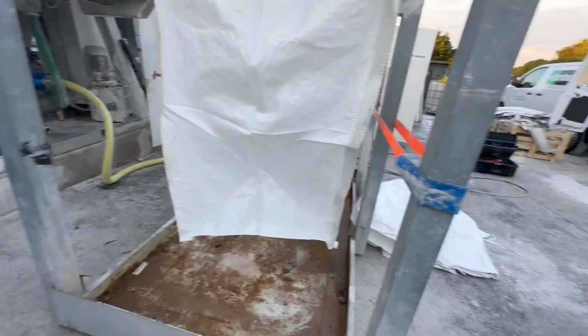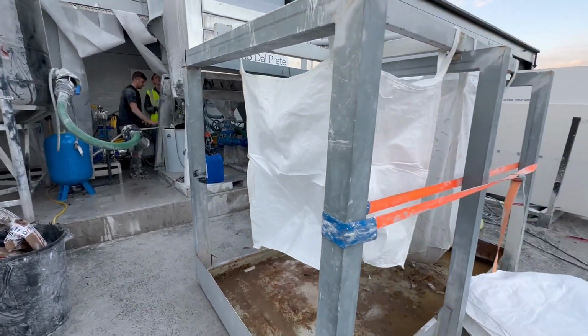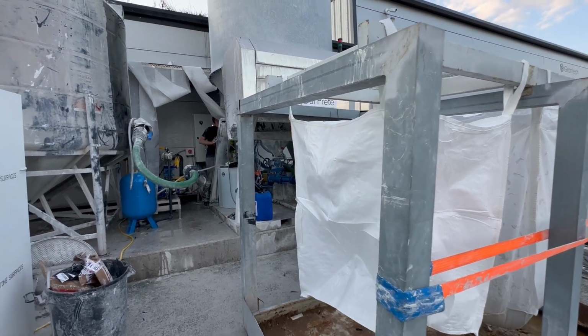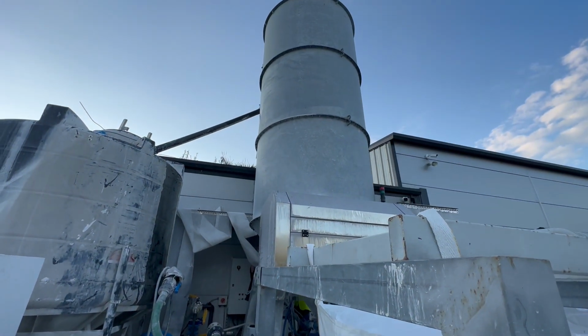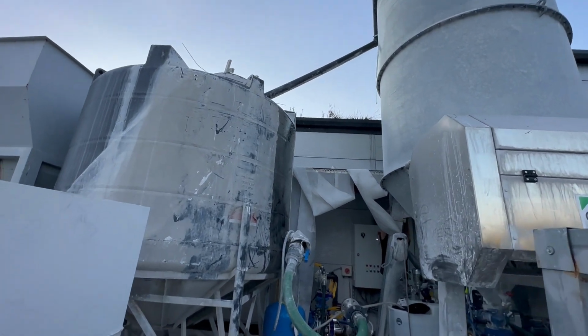My personal feeling on presses is that they are great in natural stone, although they require a lot of maintenance, but in countertops they are hugely problematic, and we end up taking quite a lot of them out. So we've continued to use what the customer already has, which is the silo overflowing into a clean